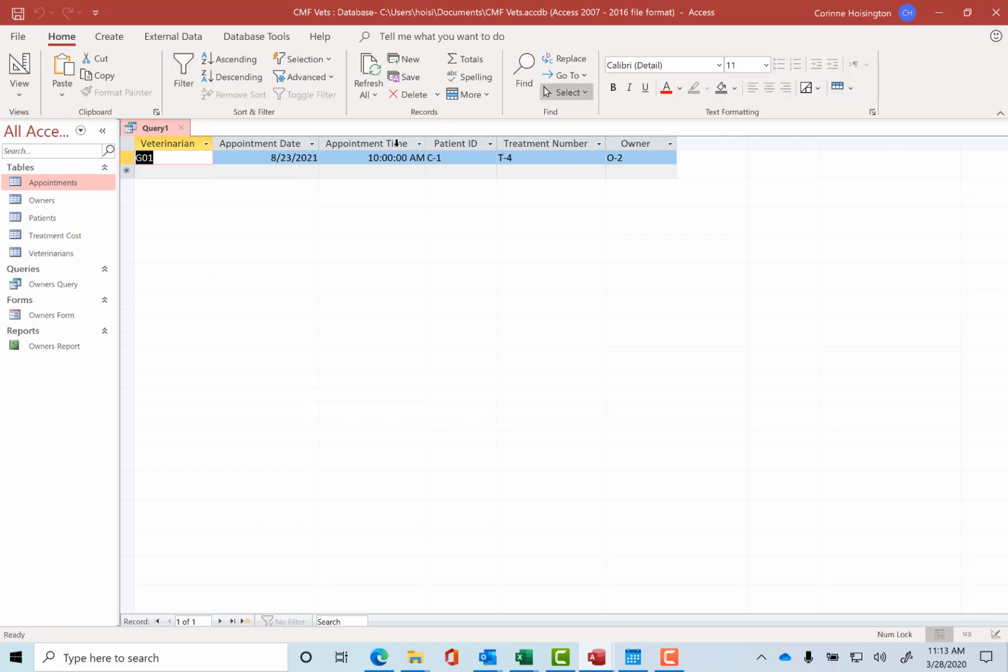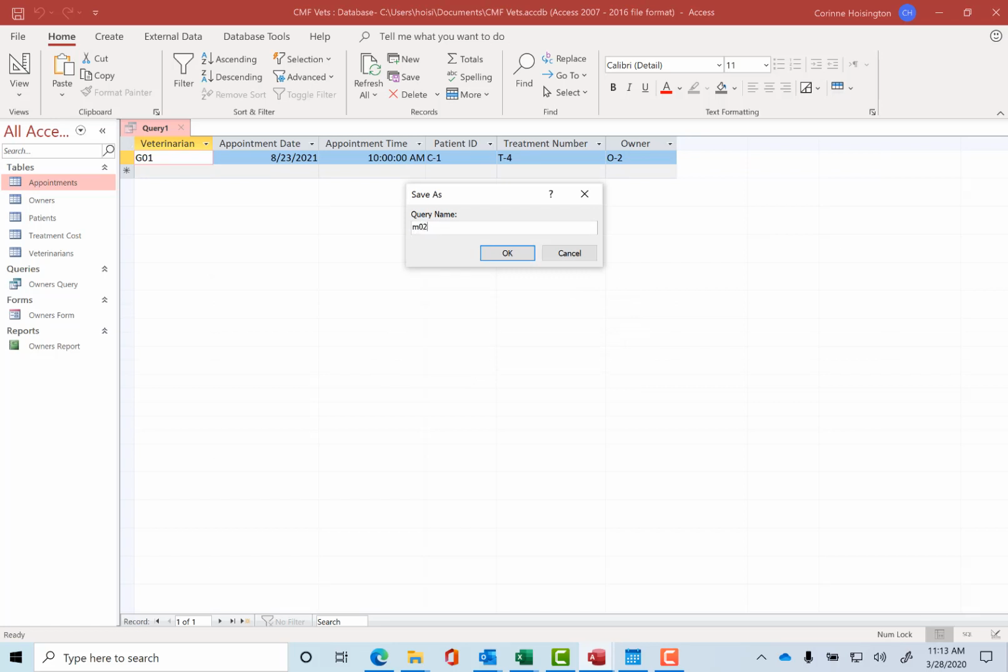Now, if we wanted to see what all those items are, we'd have to open those tables to see them. Now, what I want to do before I go any further, though, is actually save this. So to actually save this, I'm going to close this little X right here. And it says, hey, do you want to save this query? I don't want to call it query 1. I want it to be the exact query name I want. I'm going to call it